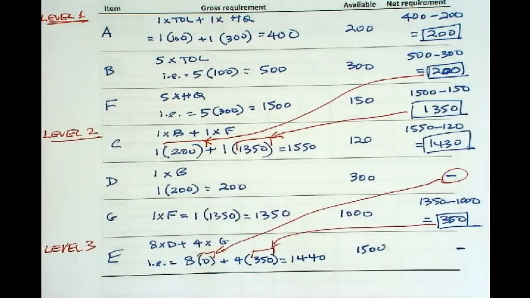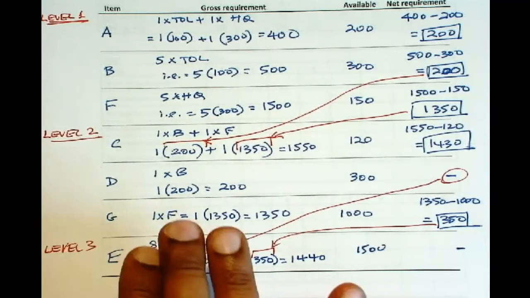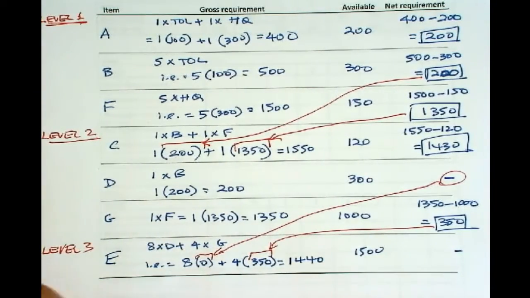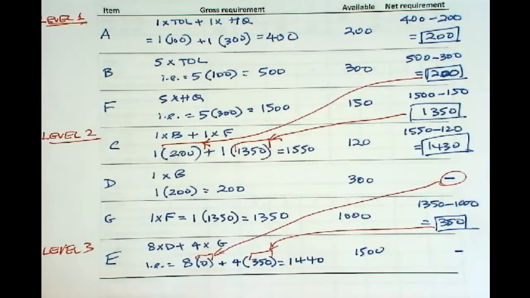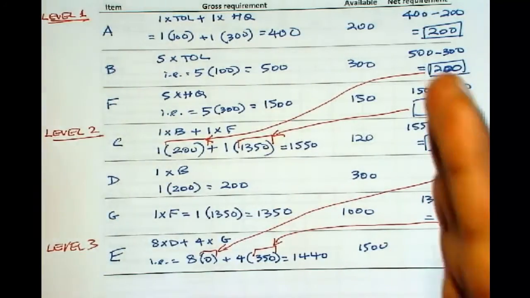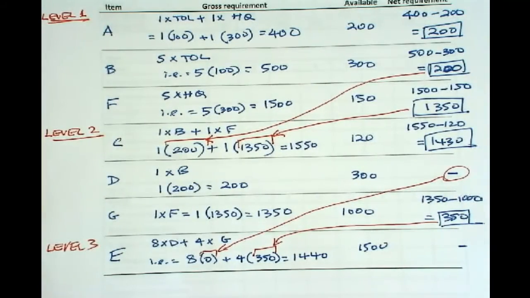This problem illustrates the concept of finding the gross requirement from the parent and then taking out the available inventory, so the remaining is your net. Now this is not the MRP. This illustrates part of the computations involved in MRP. MRP would be one where you will also incorporate the lead time. So that's what we're going to do in the next problem.